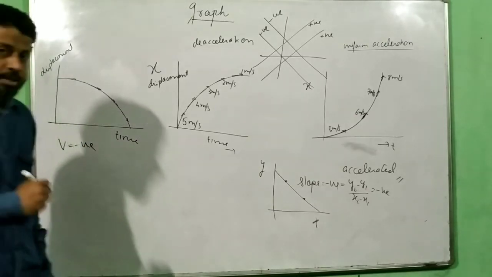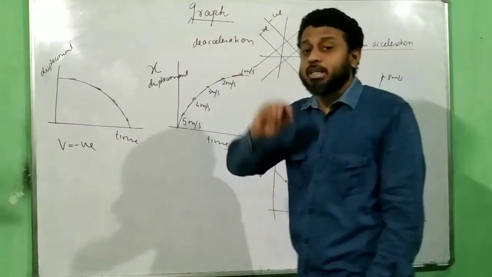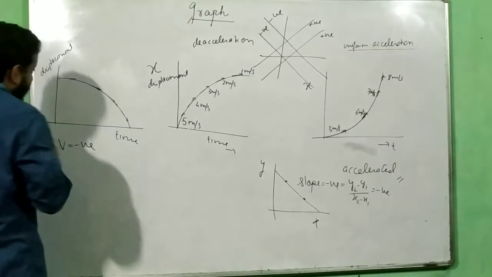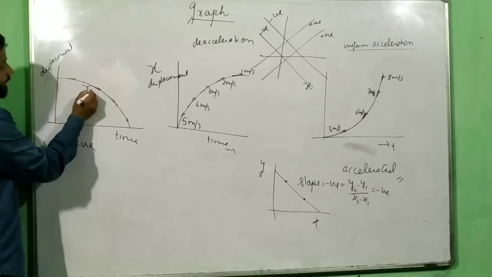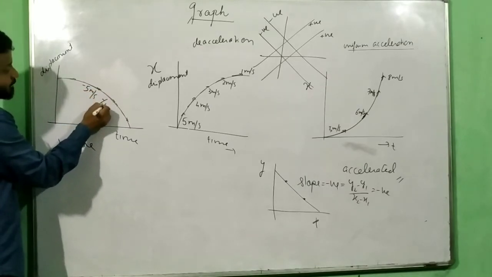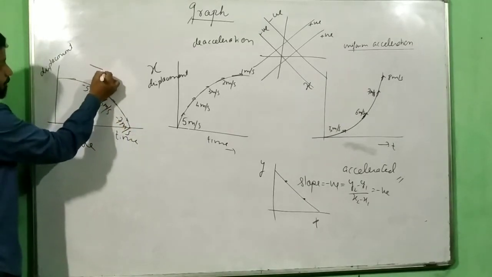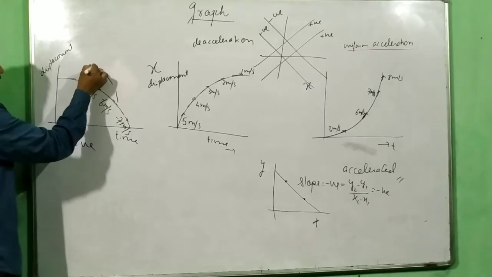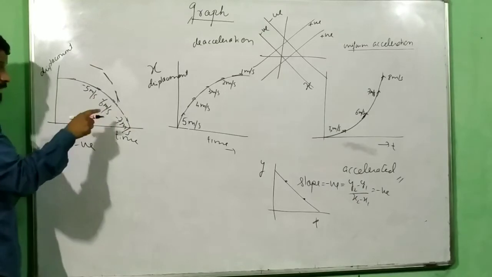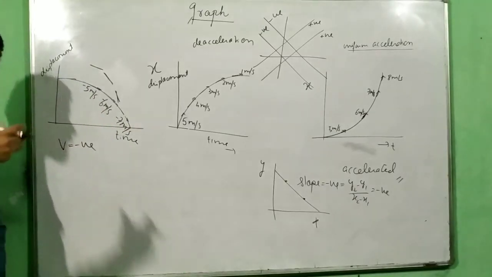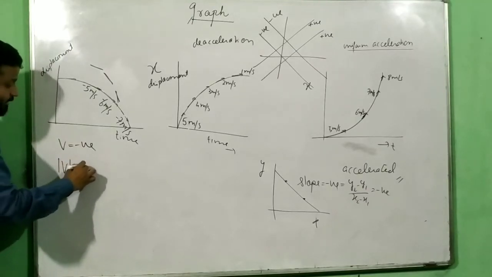What does negative velocity mean? Negative velocity in physics means moving in the opposite direction. But what is happening to its magnitude? For example, if I say that this is minus 5 meter per second, then this will become minus 6 meter per second, then it will become minus 7 meter per second, because the slope is increasing. Correct? The slope is increasing. So negative, fantastic, but magnitude wise it is increasing. So the magnitude of v is increasing.